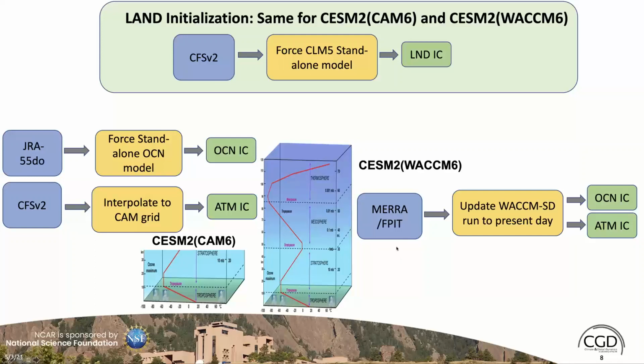So we use a 1 hourly nudging timescale to nudge our atmosphere to MERRA. And we're also nudging the ocean because we didn't have JRA 55 in real time. So the forcings from MERRA are also nudging the ocean. So there are slight differences in the atmosphere and in the ocean initial conditions between the models, and the land stays the same.